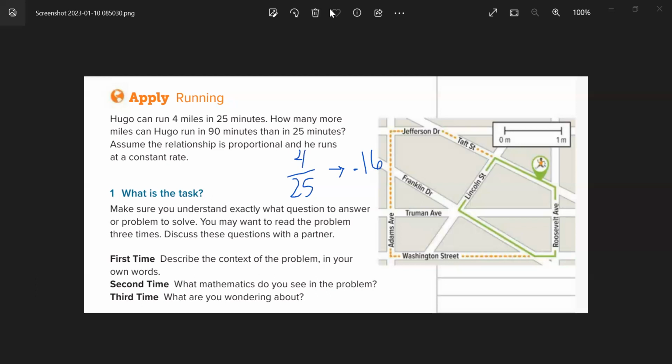So that will make us make our equation. y is going to be equal to 0.16x, where x represents the minutes. So we want to know how much he can run in 90 minutes. What we need to do, instead of this x, is write a 90. So this will be 0.16 times 90. When we multiply 0.16 times 90, we get